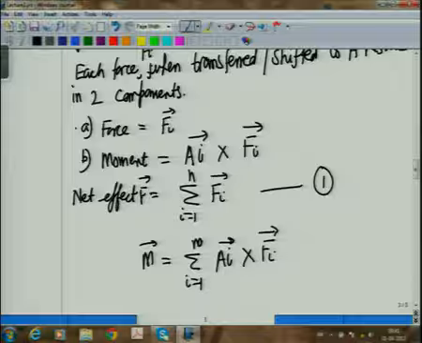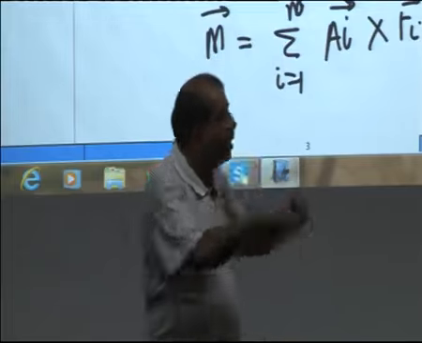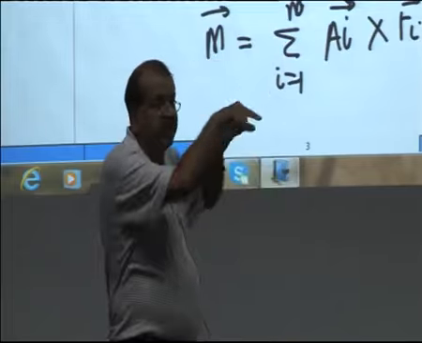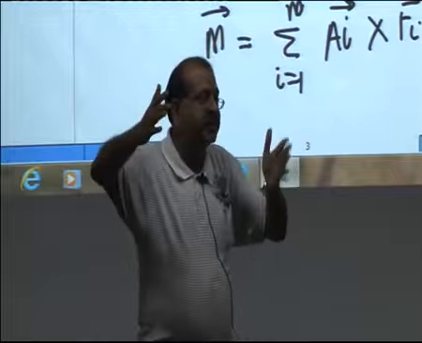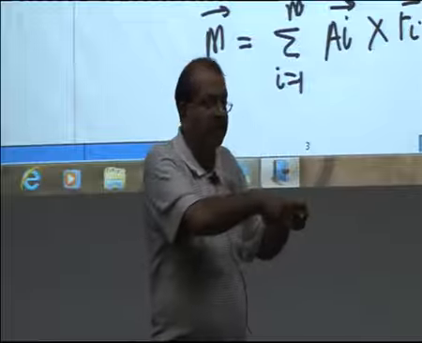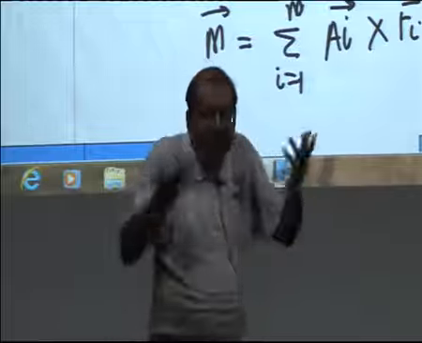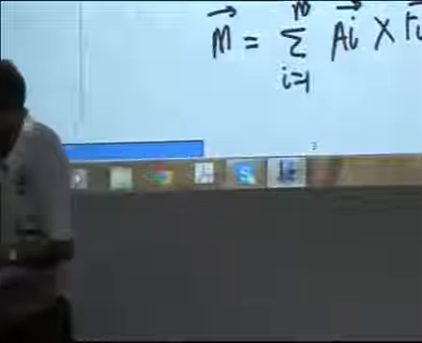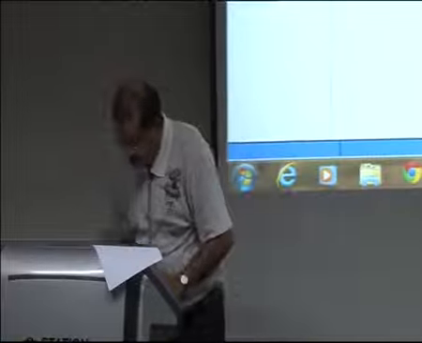We have already seen why this happens, because the couple is formed by two opposing forces, and when you take the moment of a couple, it is the same about any point in space. So if I take a moment of a force F1 and a moment of a force minus F1 acting at some distance about point A, it will be the same about point B, it will be the same about point C, so therefore it will be the same couple. So this is the net effect of F, and the net effect of couple,